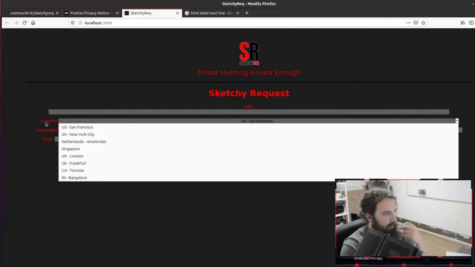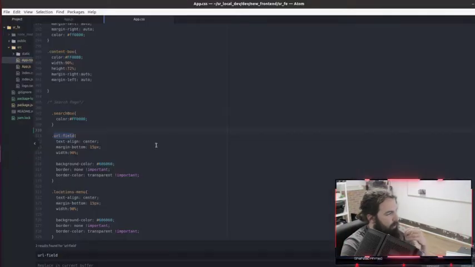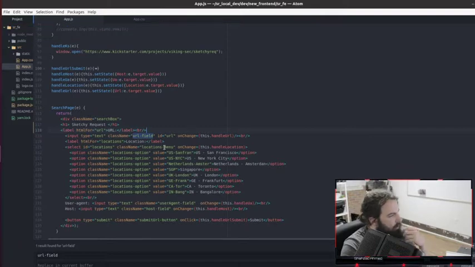So there's really no point in wasting an entire line on the location. So we're gonna add a line break after the locations label. We're gonna do that first, and then we're gonna throw